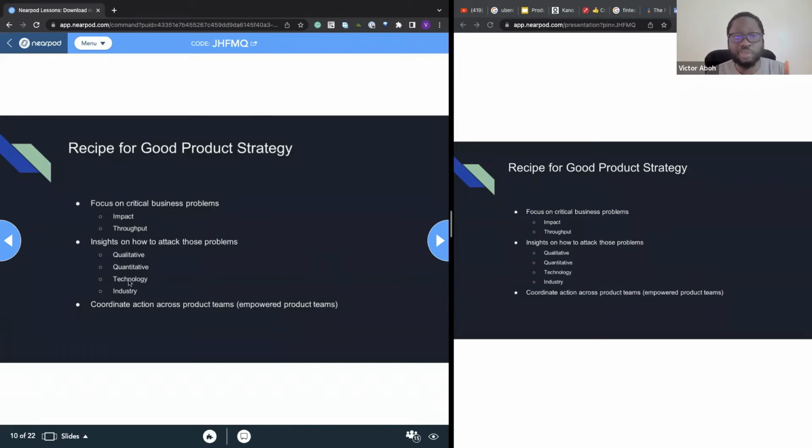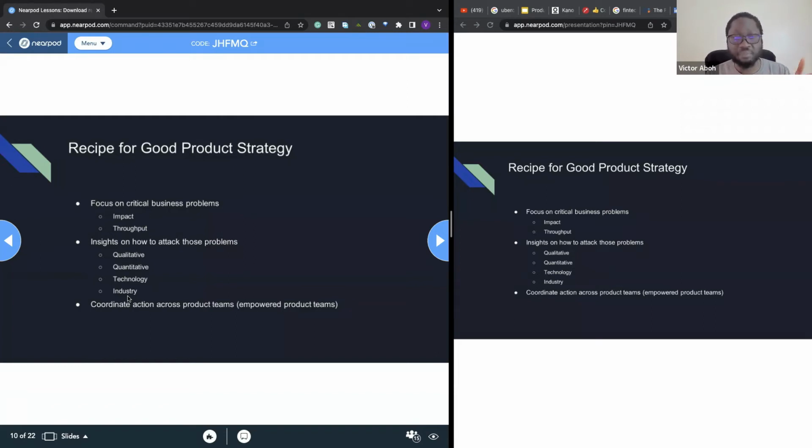And then the final two, technology. Technology is always changing, always improving, and it's always a good thing to be keeping an eye on what the newer technologies are that are not fads, but are real things, right? That we can actually deploy within our ecosystems. And of course, industry trends. There are a lot of insights you can get from your competitors, or even other industries that can potentially add to what you offer to your users.